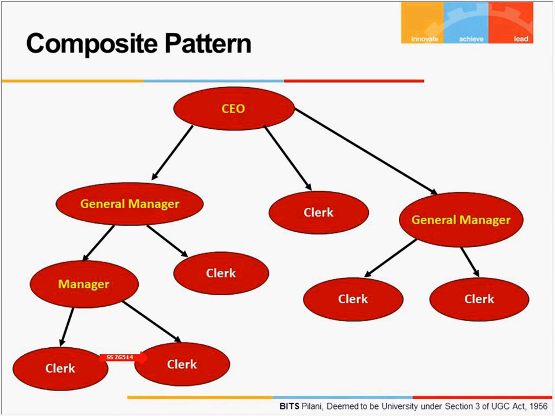This manager has one clerk also working under him, and so also has a clerk working. Has another general manager, and this general manager in turn has a clerk. Right? Important to notice here is that each of the objects, whether they are clerks, whether they're general managers, their manager